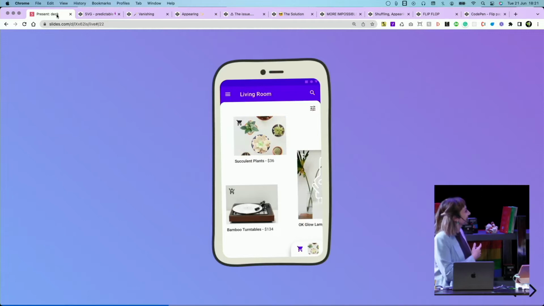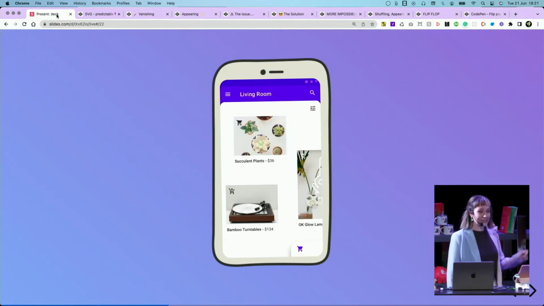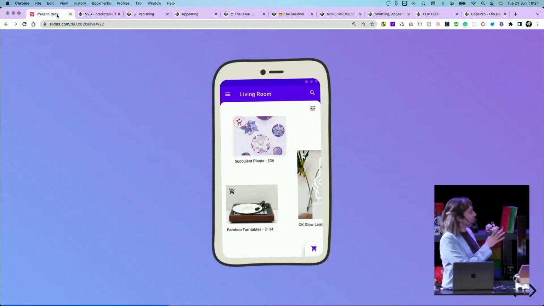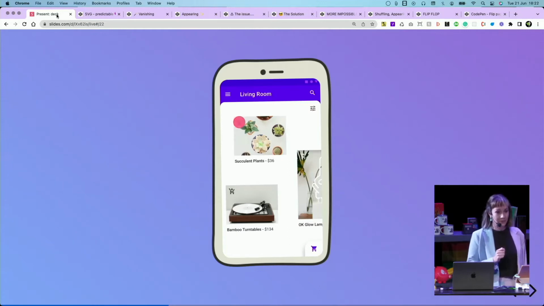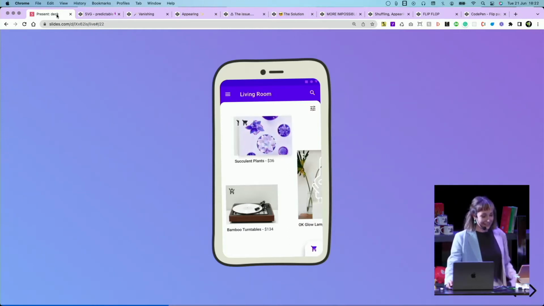So like this little animation, it shows that the plant's been moved down into the basket, which is at the bottom of the screen, and it's like, hey, it's over here when you're ready to pay for it. And if the supermarket that my mum was using during lockdown had this animation, I wouldn't have had to Zoom with her for 3 hours to explain to her where her shopping was. So I'm a big fan of these kind of little guiding animations.